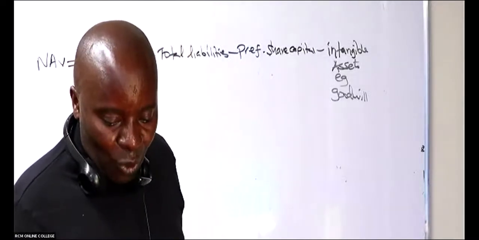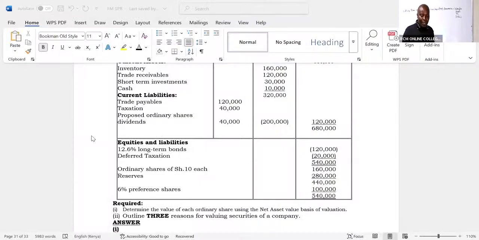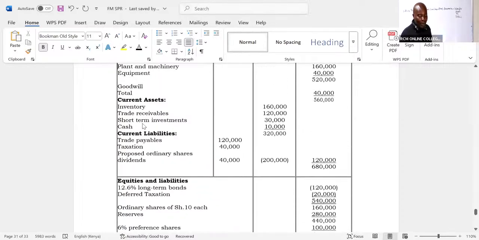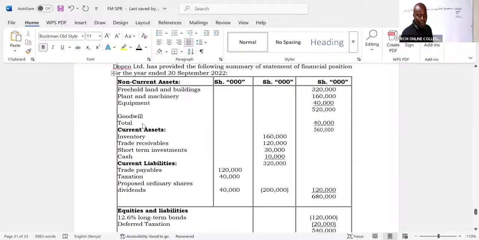So then let's move slowly and try to tackle this question, ladies and gentlemen, as a quick recap of what we were doing in our last class. We're looking at the balance sheet. Basically, net asset value, we are looking at the balance sheet totally. I can see the total non-current assets here. They are 560,000. So I'm adding all the assets. Plus, ladies and gentlemen, I can see the current ones. They're adding to 320,000. So plus 320,000 to get the total assets